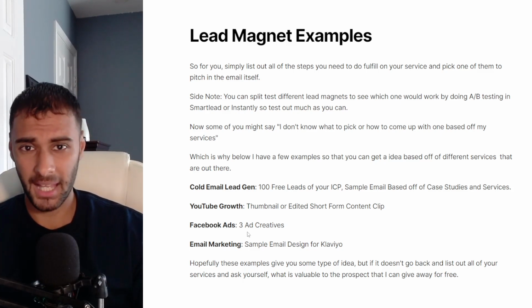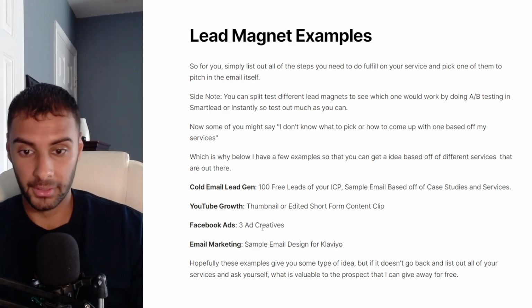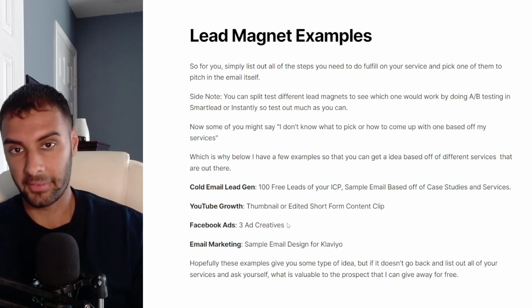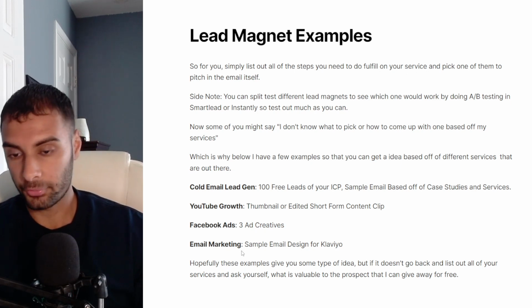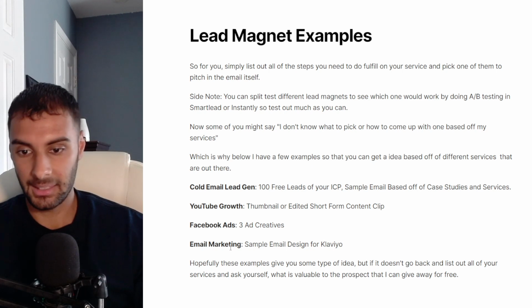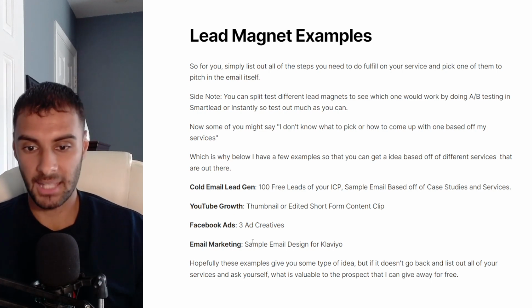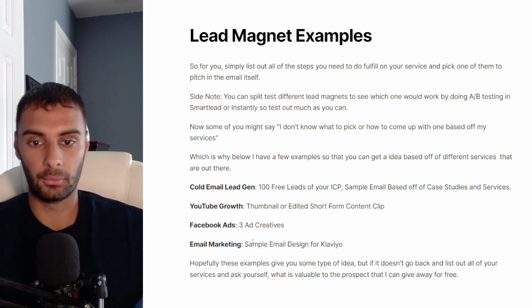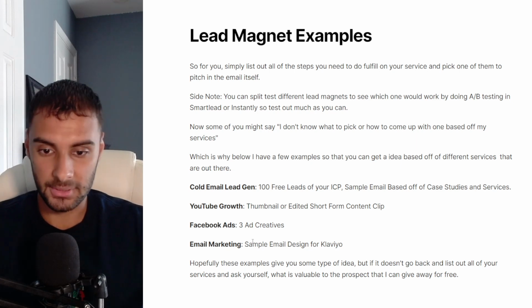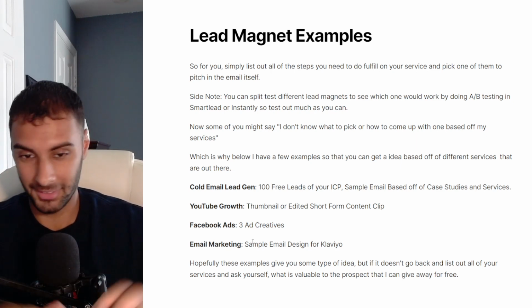If you're offering Facebook ads to whoever, you can offer them 3 free ad creatives, granted that they are already running ads. If you're offering them, say, email marketing and e-commerce, you can give them sample email designs for their Klaviyo flow, right? Hopefully these examples give you some type of an idea, but if it doesn't give you an